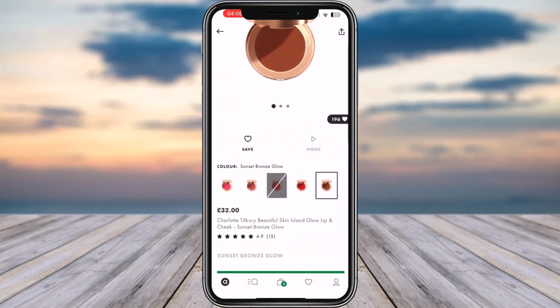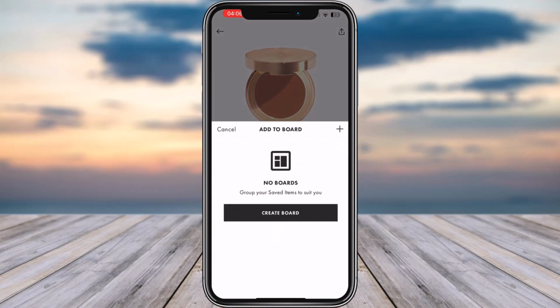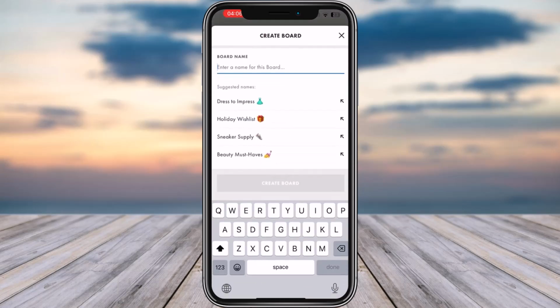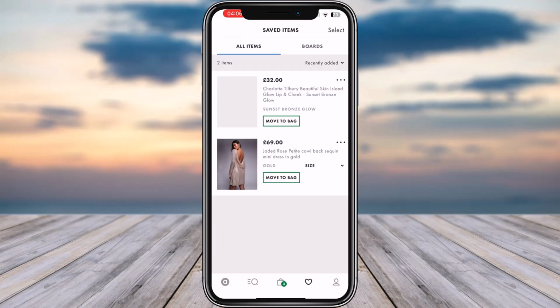Now tap on the save icon given over here, then tap on add to board. Now tap on create board. Let's go ahead and create a wish list. We're gonna name it, then tap on create board. Our board has been created and I can go back to the favorite section, and my products will be here